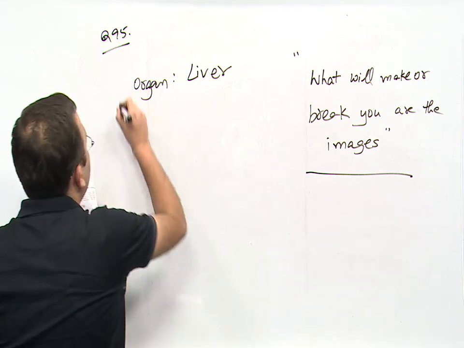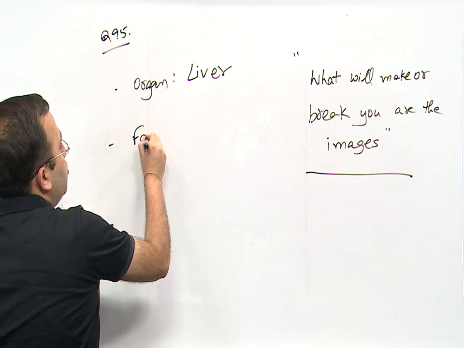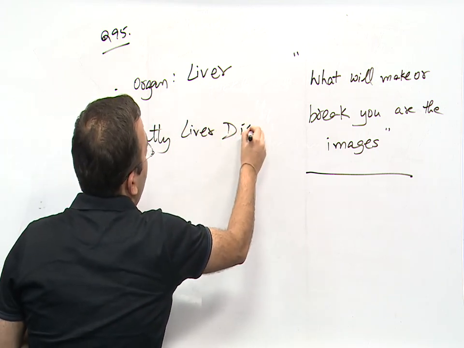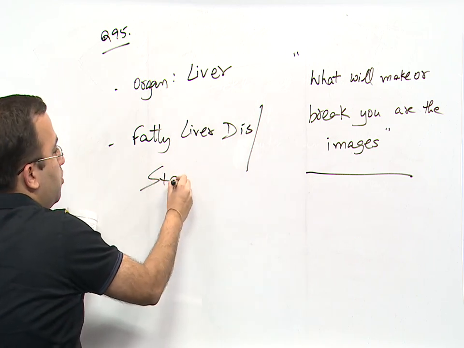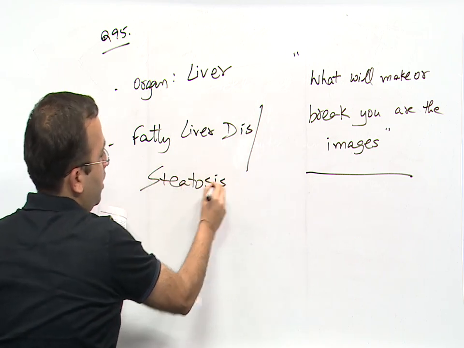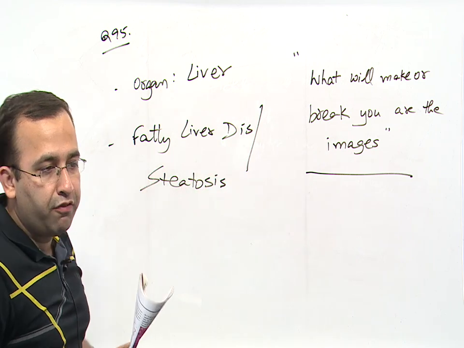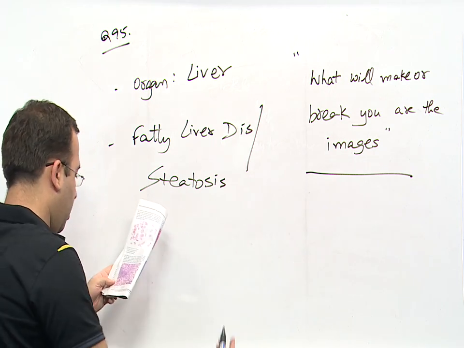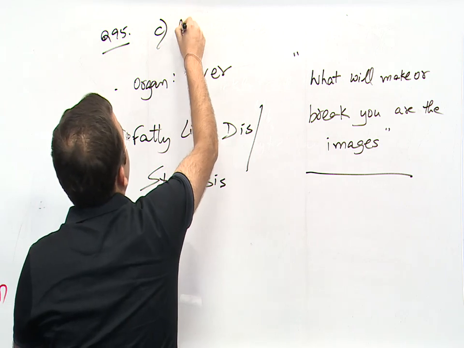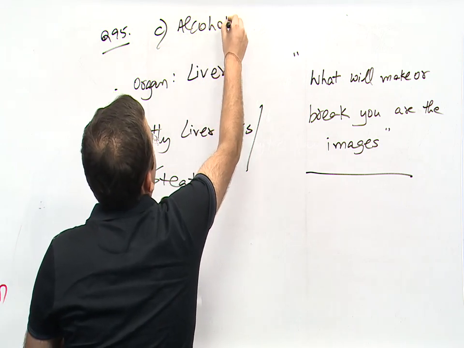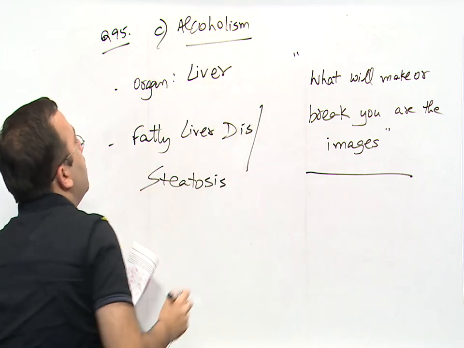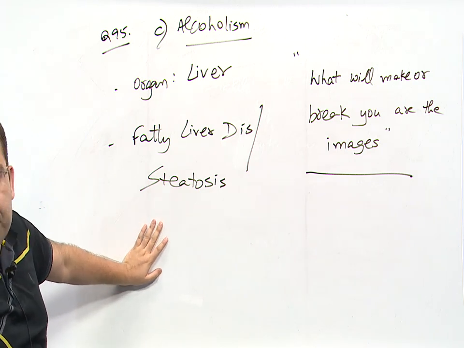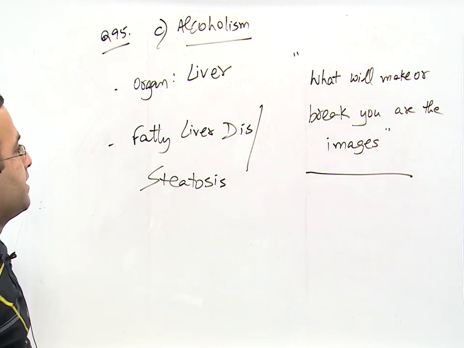Organ is liver. Next, it is showing you a fatty liver disease or steatosis. So now the answer is easy. That is alcoholism. Fatty liver disease, stage 1, alcoholism. Next,